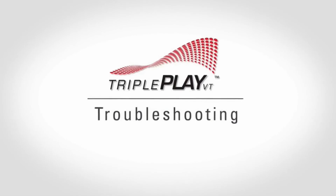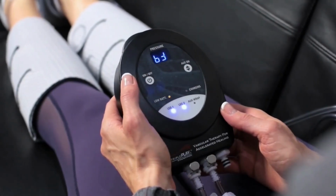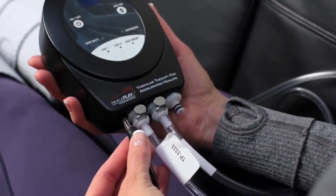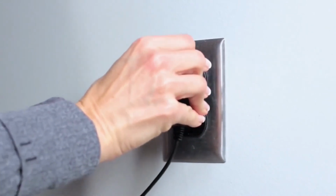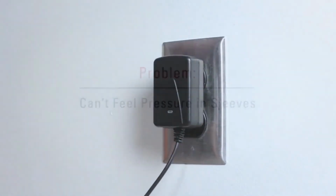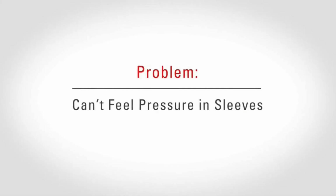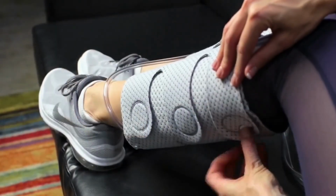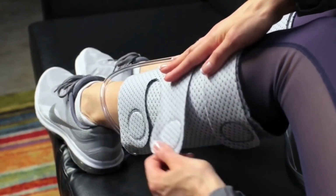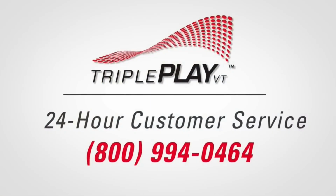If your Triple Play VT unit will not turn on, the battery may not be fully charged. Connect the power adapter to the unit and plug into a wall supply for a fresh charge. You may use the unit while it's being charged. If you cannot feel pressure on the calves, the sleeve may not be wrapped tightly enough, the air tubes may not be fully connected, or the sleeves may be damaged. Ensure that the sleeves are connected and wrapped properly. If this issue is not resolved, call customer service at